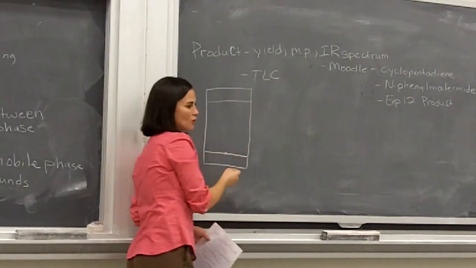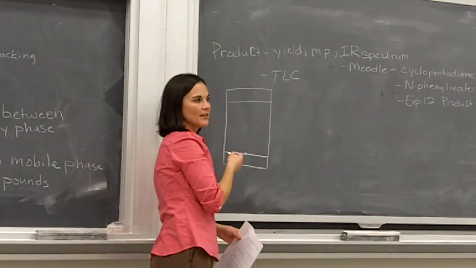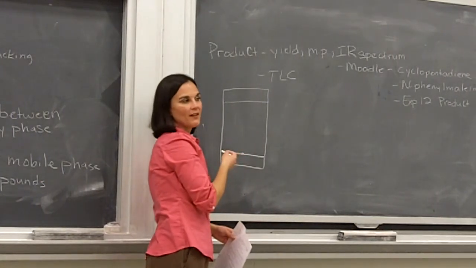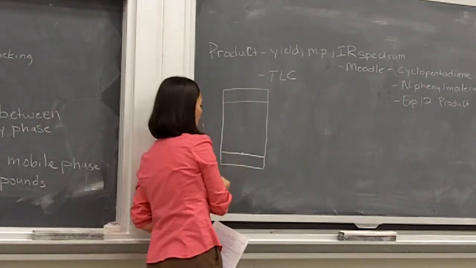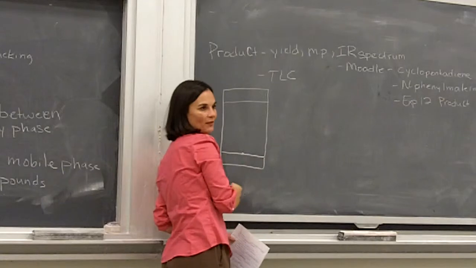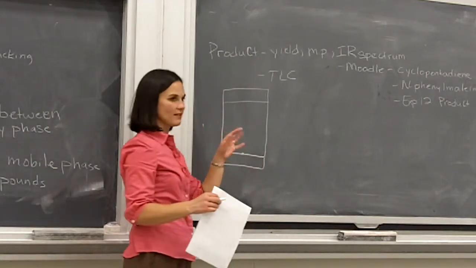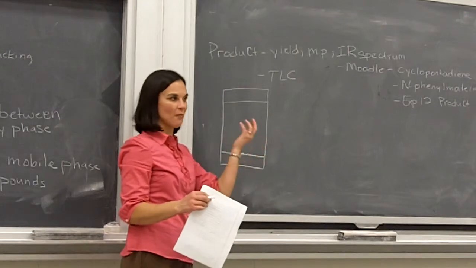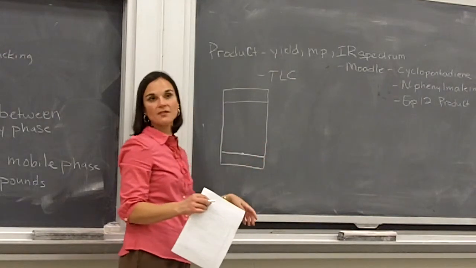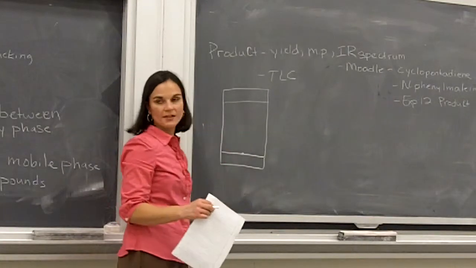And with this, make sure you always use pencil on the TLC plates, not pen, because pen has aromatic compounds in it which will develop on the TLC plates, okay? So we use pencil because it won't run with our eluent, but the ink will. Also, your fingertips have compounds that are UV active in them. So handle the TLC plates with gloves on so that you don't get fingerprints on your TLC plates